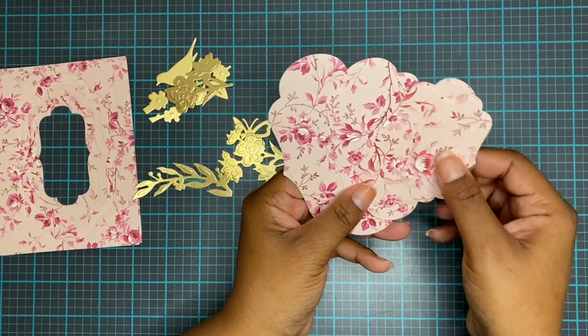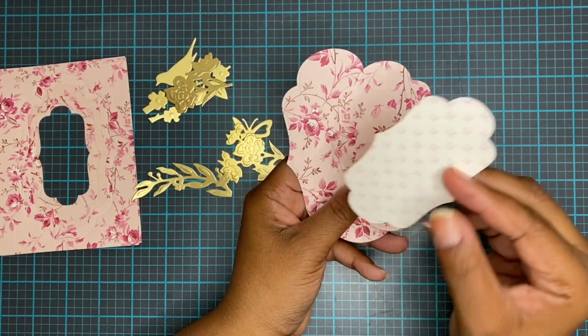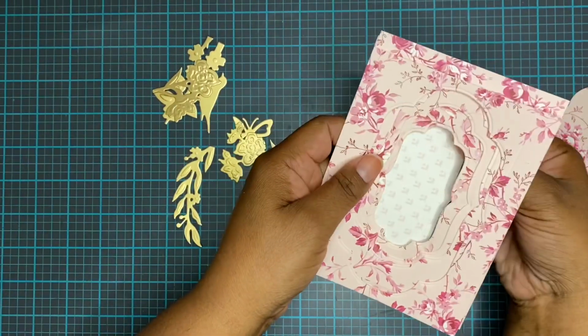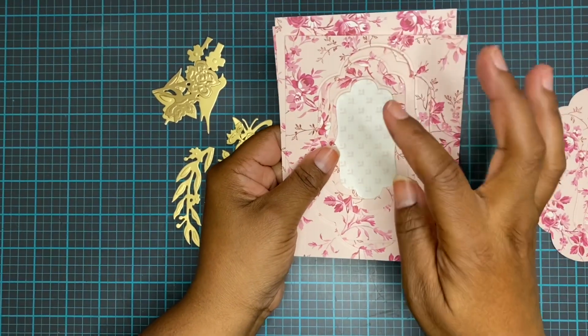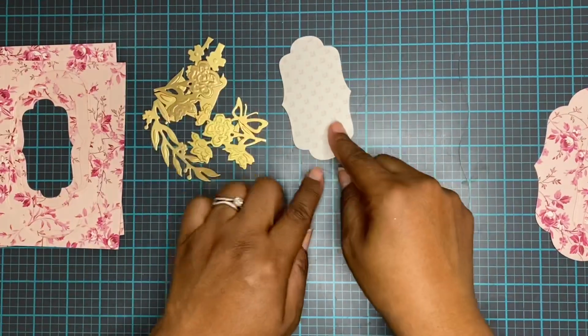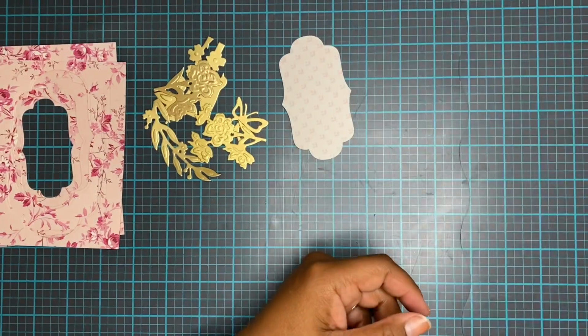And I think we may need this one to stamp a sentiment on to go in the back here, so that it says something, or you can just use it as a background, or you can use the card base as a background. It's really up to you. So we'll see. So we'll keep this one out,